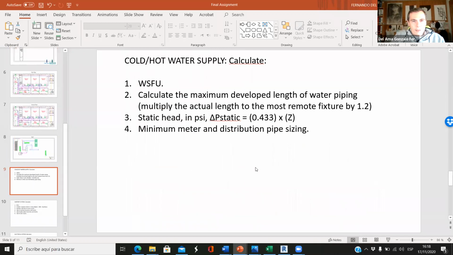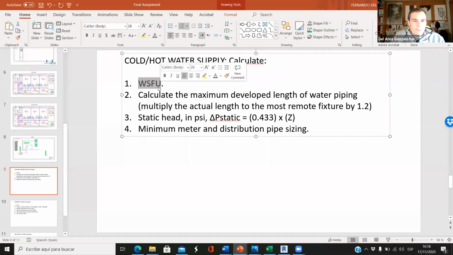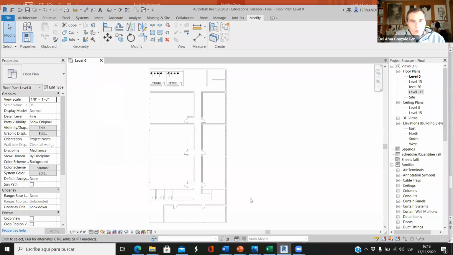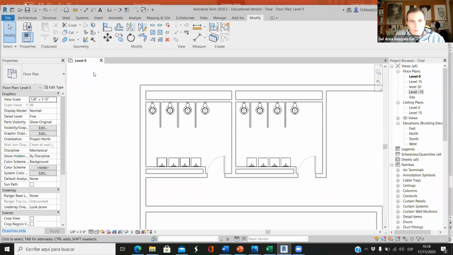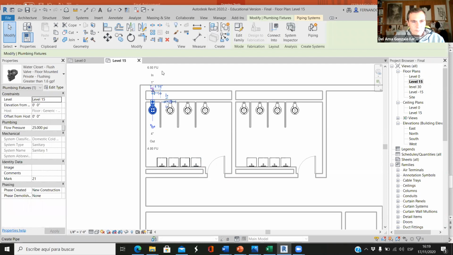Then for the cold and hot water supply, we have to calculate the water supply fixture units. If you open the Revit file, you have this information here. We have 2 floors. This is level 0, and this is level 15. There are 2 floors, and they are the same. When it comes to the water supply fixture units, for this toilet, if you click here, we have 6. In this sink, we have